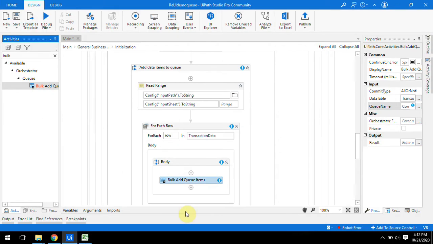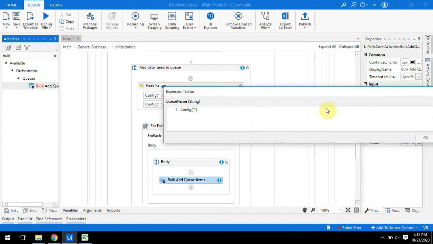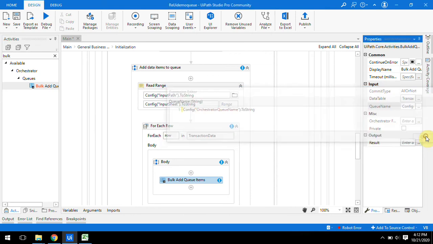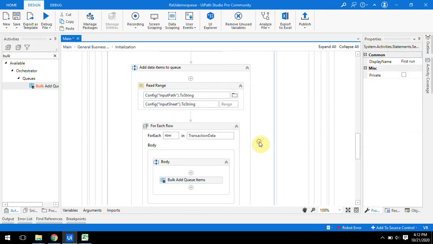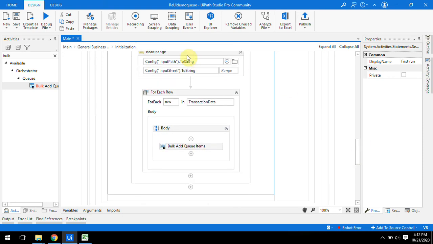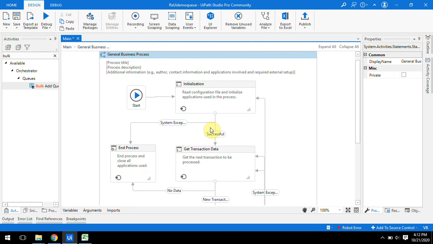So in config, in brackets, the name of the queue, dot toString, just click OK. So our first part of reading data from Excel and uploading data in a queue is done. That is the first task we needed to complete.